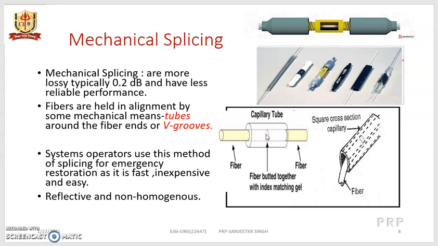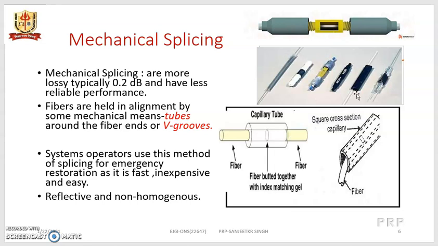So there will be somewhat of reflections as light is incident on this joint. It will be bent to the same side, and this is due to the non-uniformity in the joint or the density due to joining. So these are two fiber ends. This is the capillary tube where butted ends are brought together, and with matching gel there will be a hole for injecting the matching gel, which will have the same refractive index as that of the core, so that reflection is reduced.